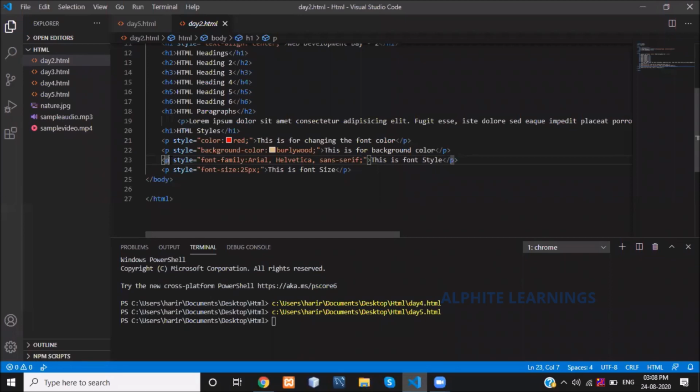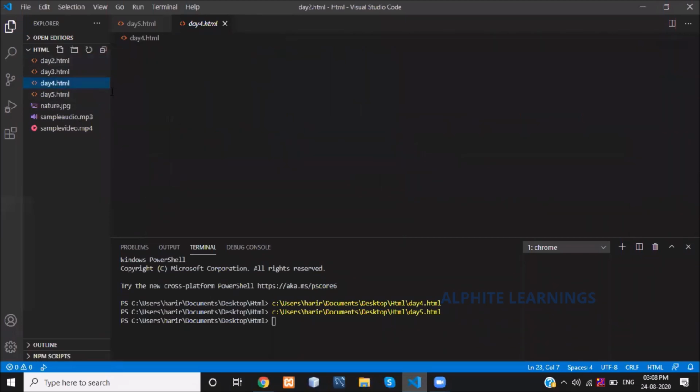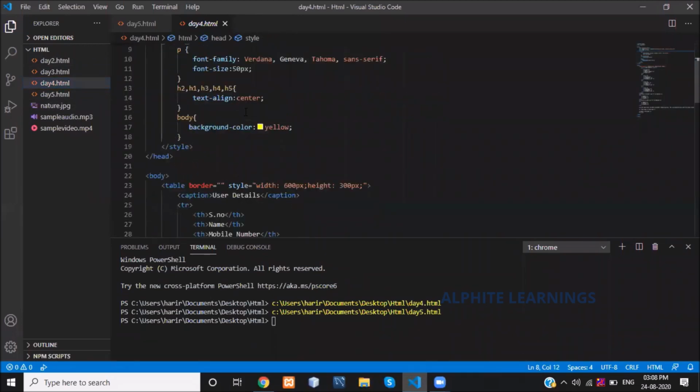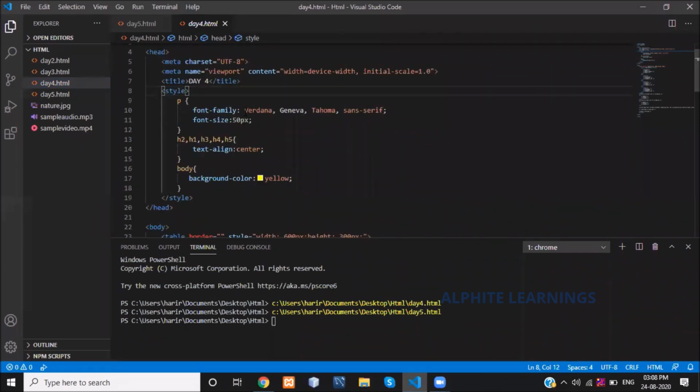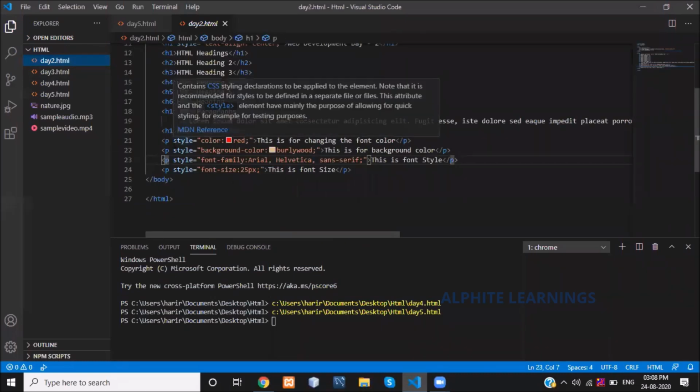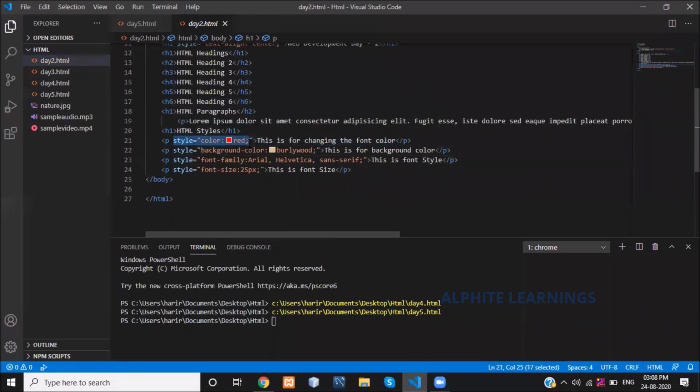Then the second type is internal CSS. What is internal CSS? Internal CSS is when you define the style properties in the header part. Inside the header part, it is called internal CSS. Inline CSS gives the style only for the specified tag, so the style property allows us to change the styling only in that tag.